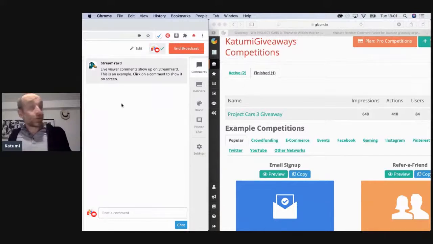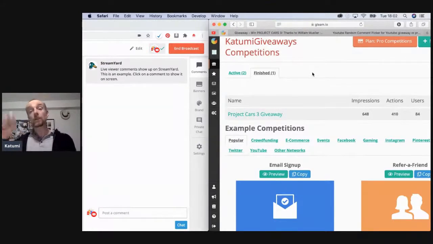Unfortunately, I've got to do a little bit of work on a spreadsheet to be able to get the winners because I'm running this on YouTube and I'm also using Gleam's platform. I could go over to Gleam, which is this website right here, and push a button and it would churn out a winner. But when it does that, it shows your personal information, so I cannot broadcast that on YouTube, which is really